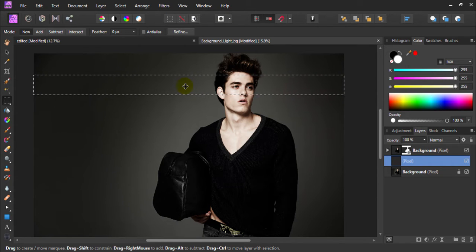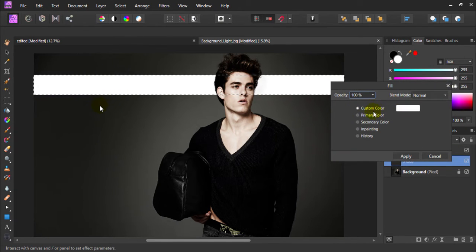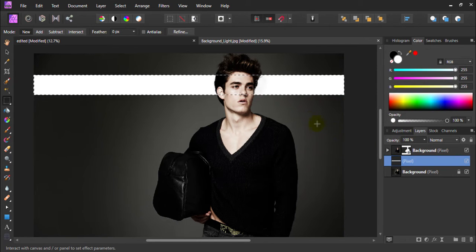For example, you can choose any other color that you would like, but for this tutorial we are going to use the white color. So if you are going to use the white color, you can select this fill with primary color, or if you want a different color light, you can go to fill and select this custom layer and choose whatever color that you want to fill with. Okay, but for this example we are going to use the primary color, and just then hit apply. Okay, now just deselect this rectangle by pressing Command or Control D,